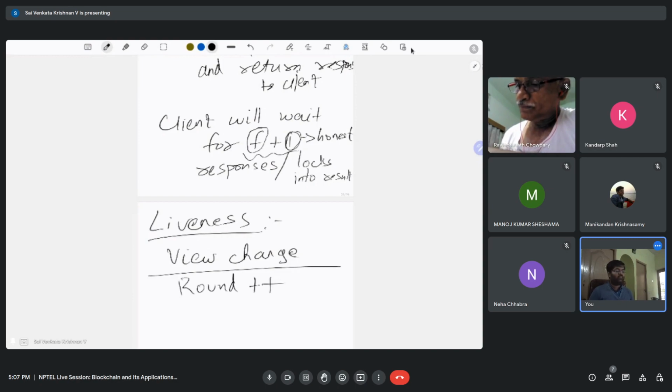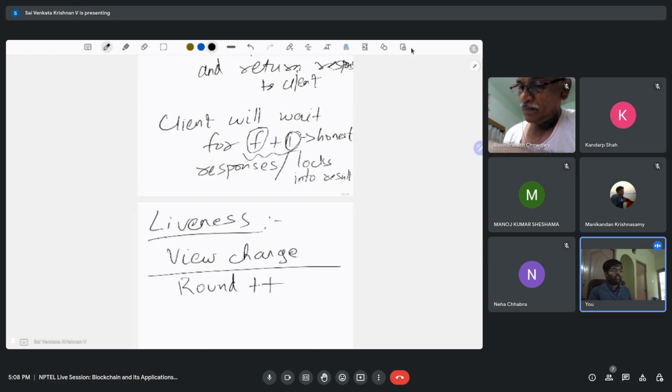So in round 2, instead of node 1 being the primary node, you change the primary node to node 2. And even if node 2 is faulty, then again a view change occurs and your round number is increased, and node 3 becomes your new leader. So in this way, liveness is ensured, and since the majority of the nodes are honest, finally you will reach a primary node which is honest, and in that specific round, the primary node would keep on